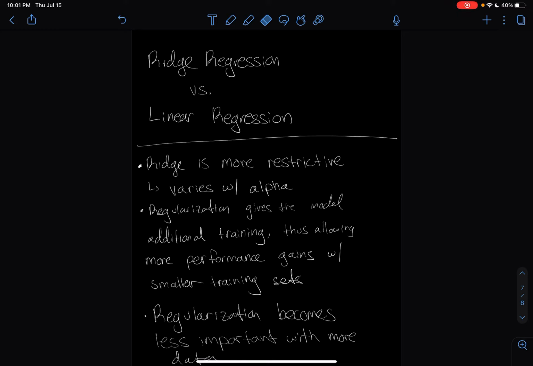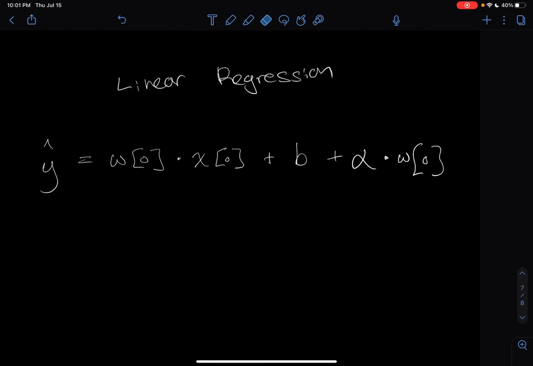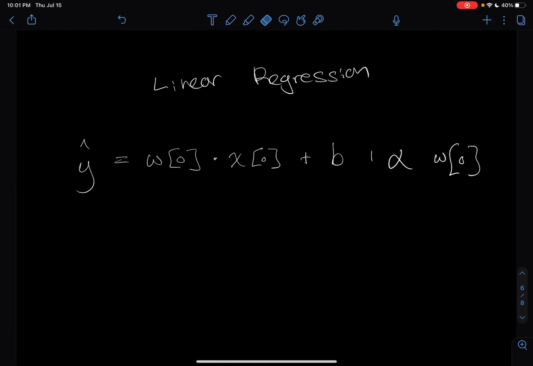The first bullet point I have here is that ridge regression is more restrictive, and that's because it varies with alpha. This alpha parameter is introduced into our model. As alpha grows, let's say I set it to 10,000, then it's going to be multiplied times the weight matrix. Remember, the weight matrix is what our model learns. It's a matrix of numbers that is learned based off of the training data. Okay? If alpha is 10,000,